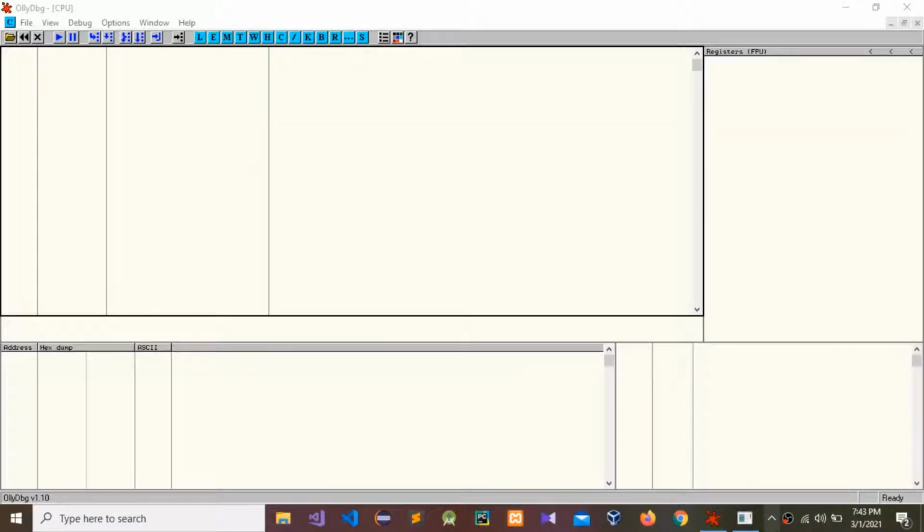Hello guys, so today I'm going to do another tutorial using the OllyDbg tool. I'm going to crack another application file. So this is the file. It is showing press enter to start. I'm going to press enter, and it asks what is your username, and do not add space to make it easier. I'm going to give a username.